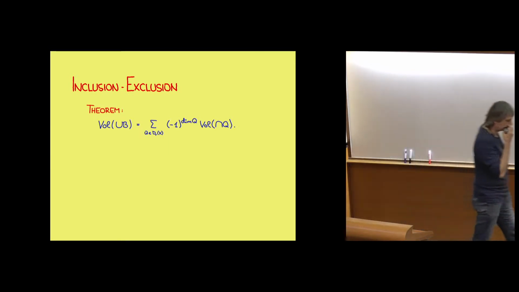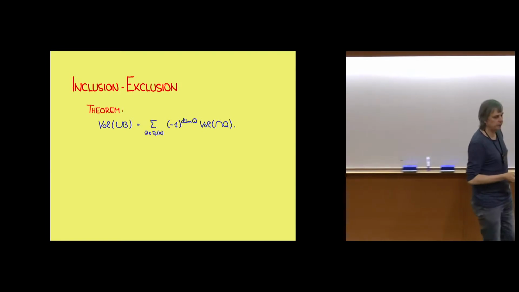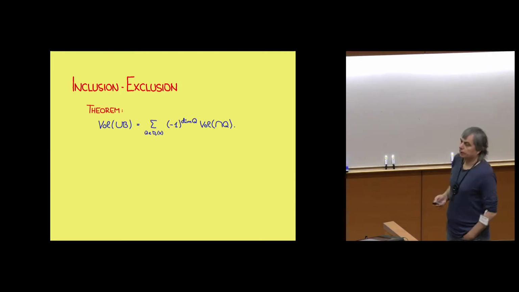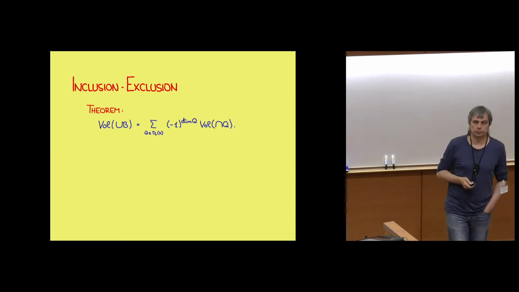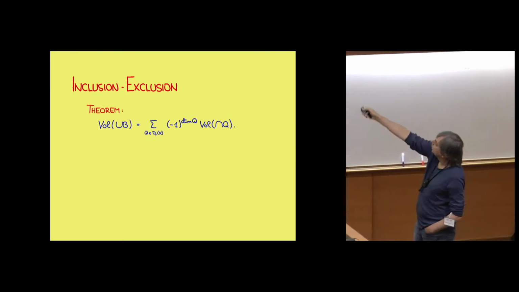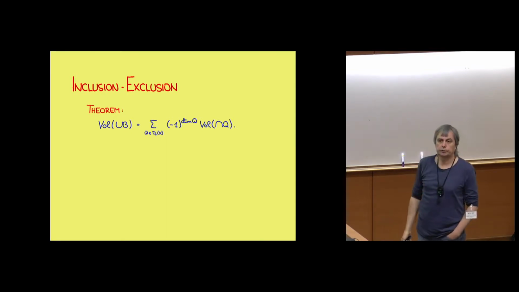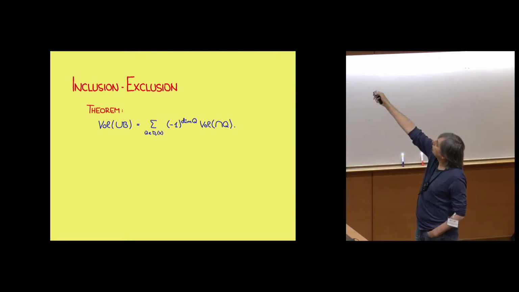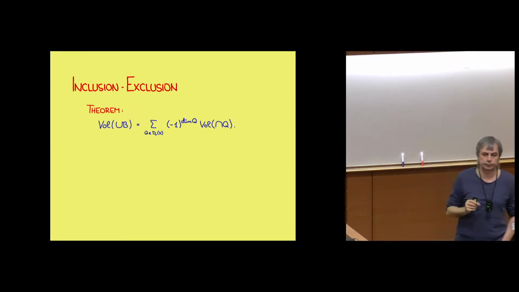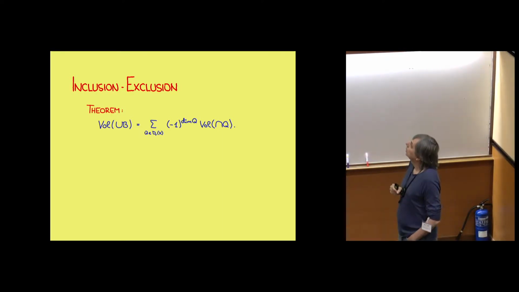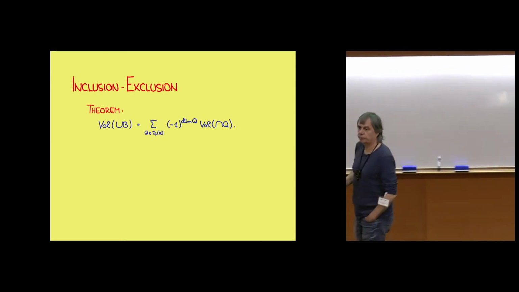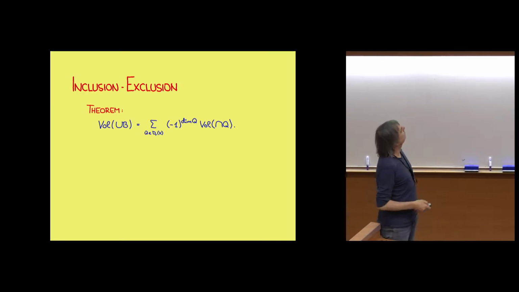Okay, so this was the notion of alpha complexes, and then for some time we were busy trying to figure out what this is all useful for. One is that it's a convenient way of measuring proteins or unions of balls. There's an inclusion-exclusion formula which says that the volume of the protein, so this union of balls, is an alternating sum. The alternating sum goes over all simplices Q in the Delaunay complex, where I take the sign alternating with the dimension and the volume of the intersection of the balls in this simplex.